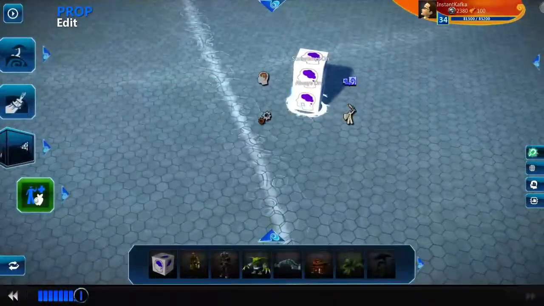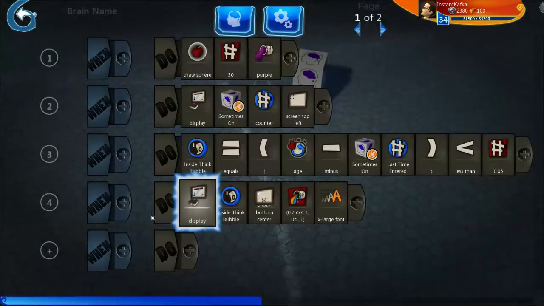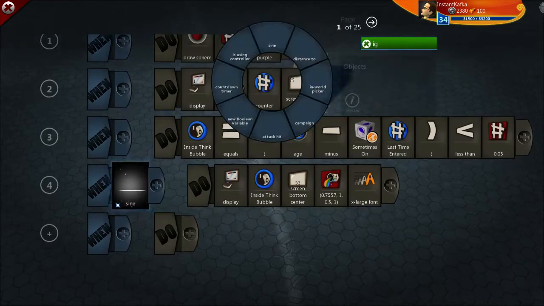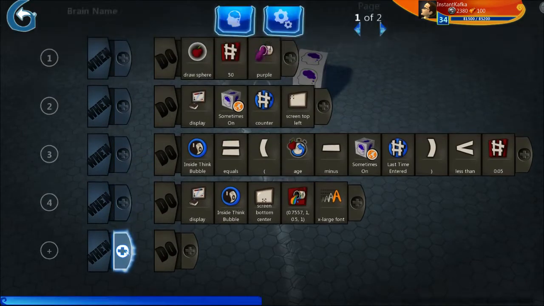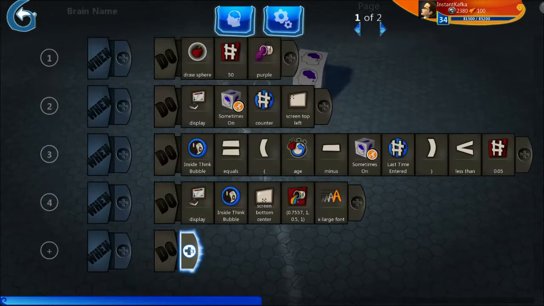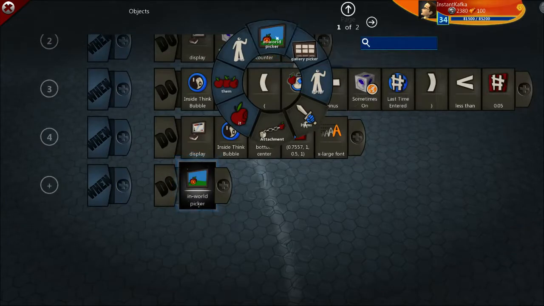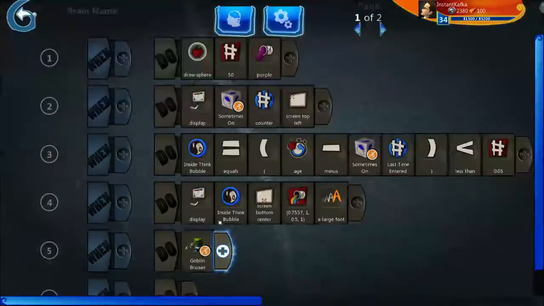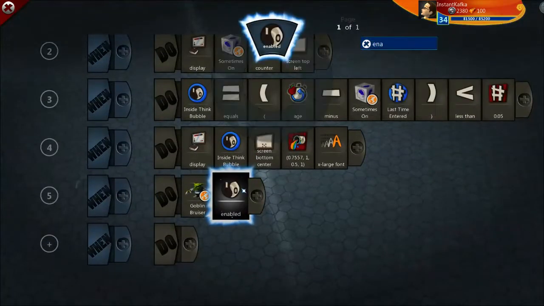Then here we shall ignore this line for now. No, let's leave it on. If inside the bubble, oh no, let's just set its enabled. Objects in world picker. This guy. Confirm. Enabled